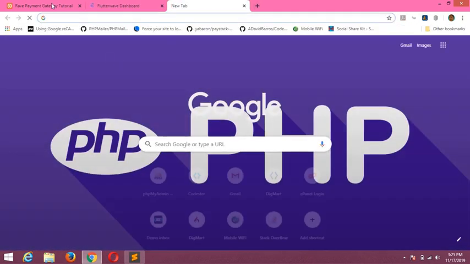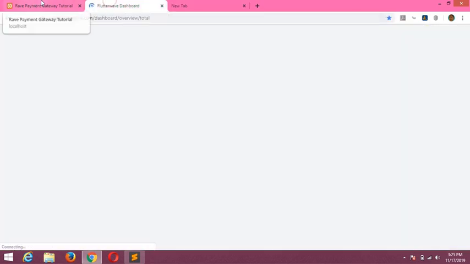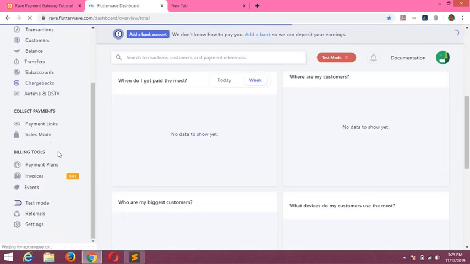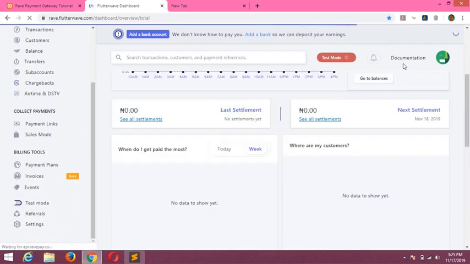And it has been changed, so it will take us to a testing dashboard. That will be a testing dashboard for us. We can use it to test. I also want to go with Rave payment network. Now I am on test payment right now, and then the next thing is to go to documentation, which is